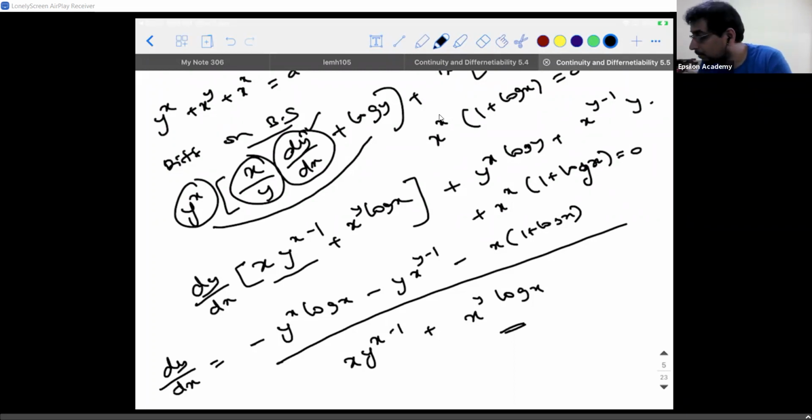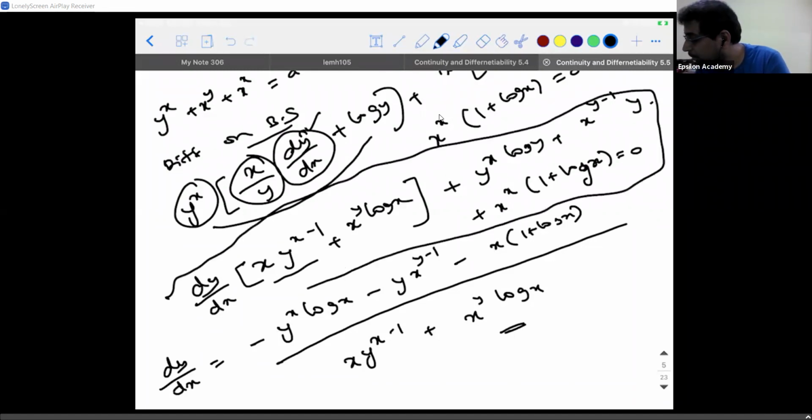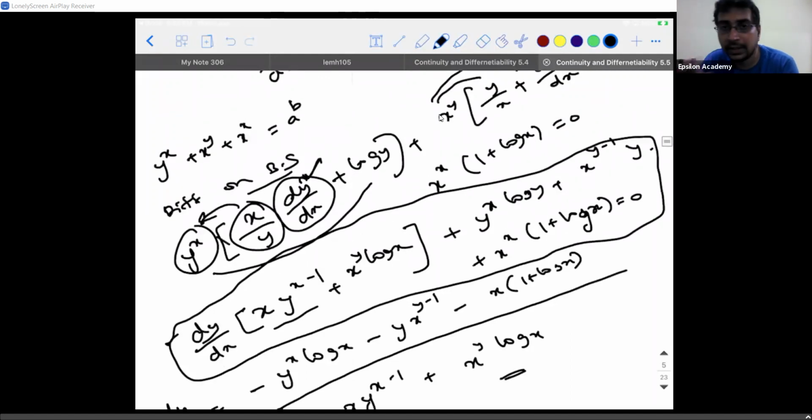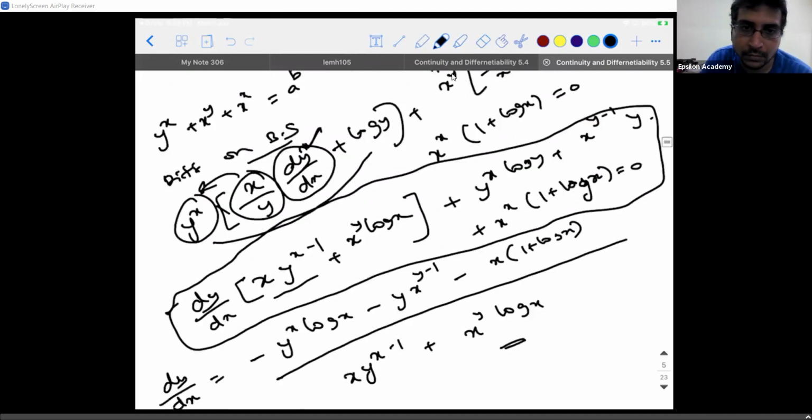This step I can't explain in detail, sorry. What you need to do is I just rearranged the bits, just simple mathematics. I took dy by dx, I took each term, multiplied it. If you want, you write one more step in between, try to write and see, you will get the answer. It's a very big step. x divided by y into y power x. This y will cancel this, x minus 1 times.